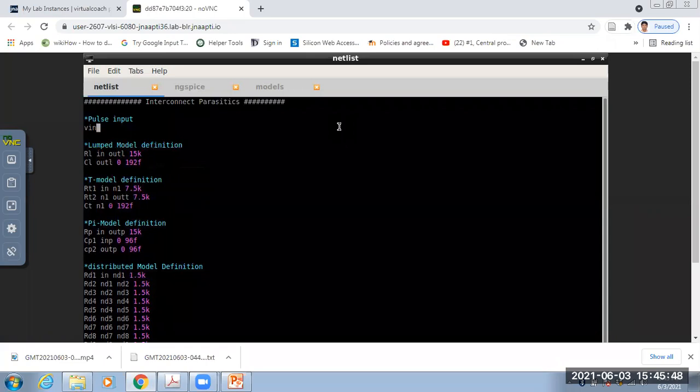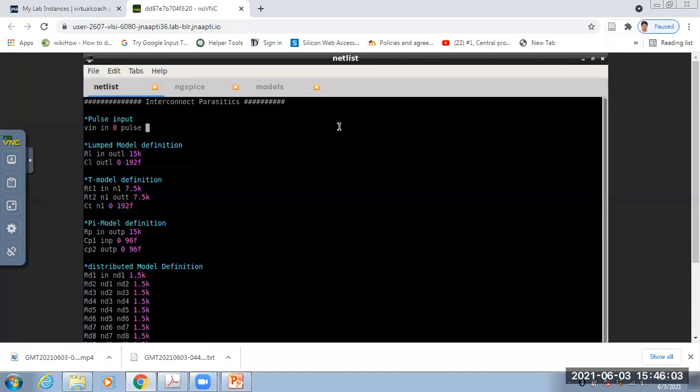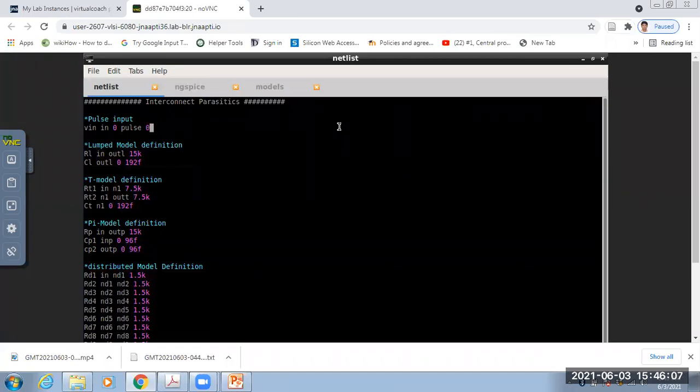So here Vin is your node Vin, then 0, then pulse. Here how much will you give? Give 0 to 2.5.